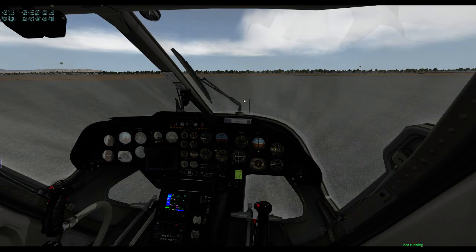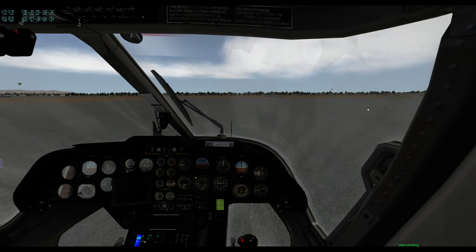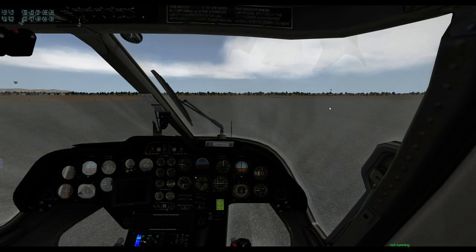So that's cool. So let's just do a couple of circuits since I haven't done any hand flying of this bird in a while. Wind is 232. So no